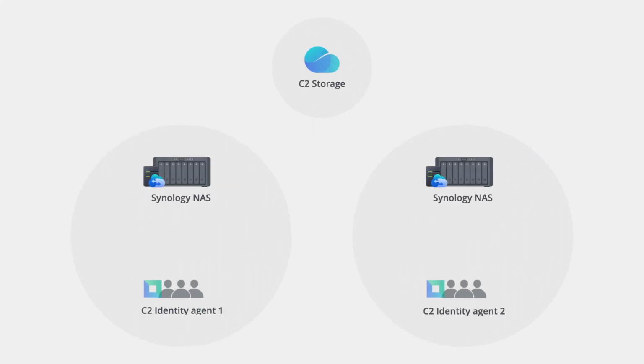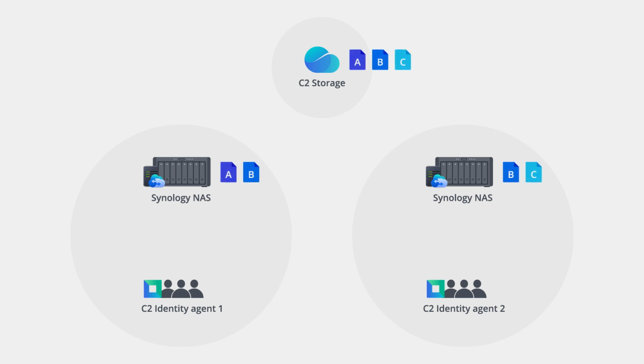So now let's take a closer look at what your end users will actually be interacting with day in and day out. They'll be interacting with the cloud sort of indirectly through their C2 Identity agent as well as through their local Synology NAS, either through the Synology Drive client interacting with the Hybrid Share folder or through SMB, also interacting with that Hybrid Share folder and that local cache. So your end users will have that C2 Identity agent. Once they authenticate and log into their computer, they can then log into the NAS with the same credentials or map their network drives, for example.